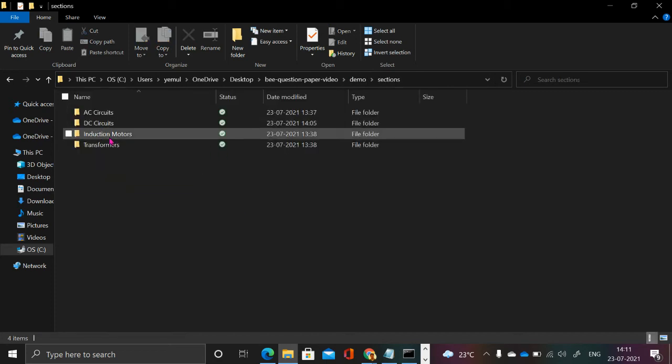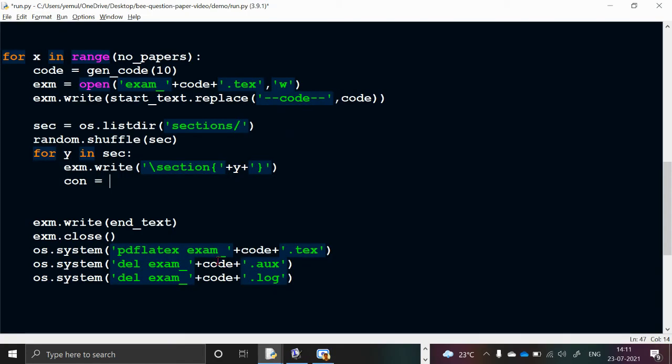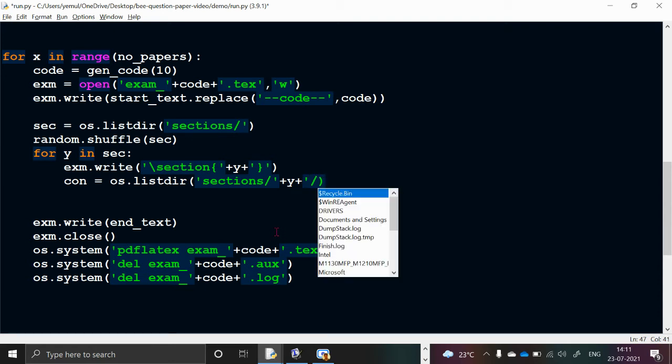Okay, so now what I want to do is I want to list the direct questions. Okay, so what I can do is like this. After the section, I will add the Y also here, the name of the section, and then followed by one forward slash. Okay. So if I now do like this, it will now list the section.